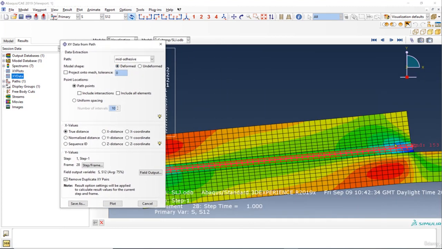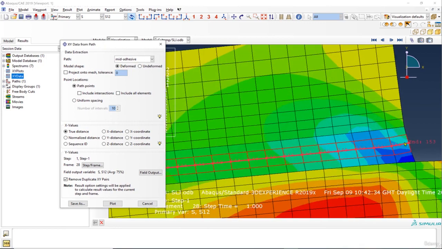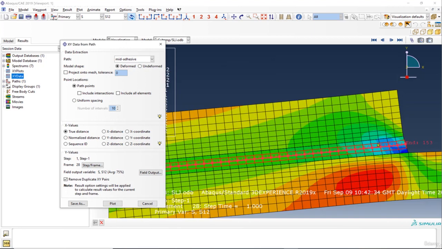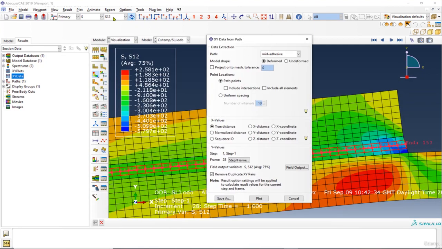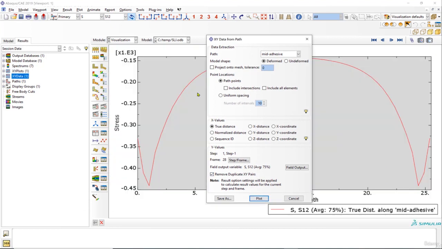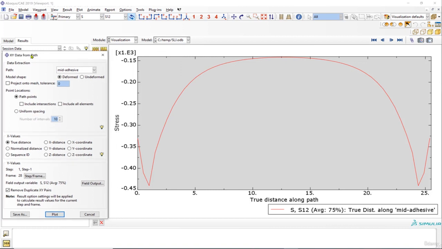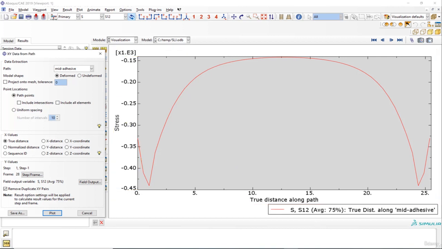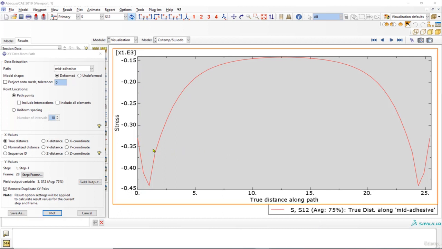So as you can see, in mid adhesive it selects the top and bottom element, so it selects all the things in the middle, and currently the plot is at shear. So if I click on plot, you'll see that this is a stress in megapascal, because we are using a millimeter unit system, and as you can see we have a very high